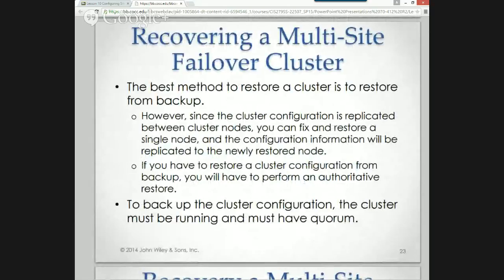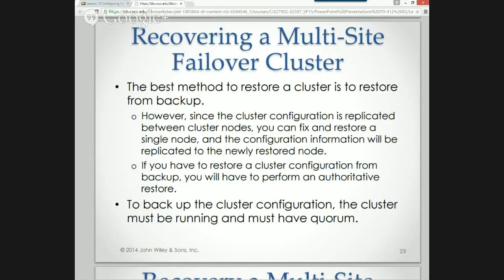The best method to restore a cluster is to restore from a backup, especially if we have multi-site. Because remember, we can take a backup of the running cluster, restore it, and then just do the configuration changes to bring it back up on the node.